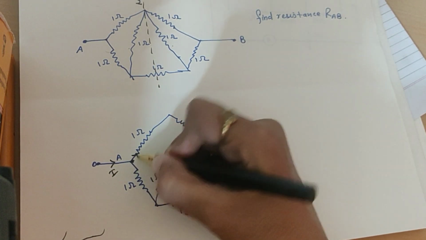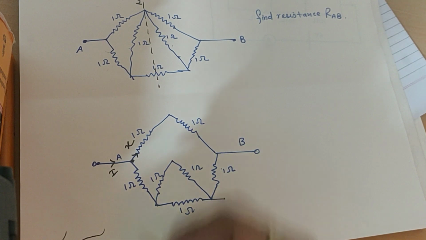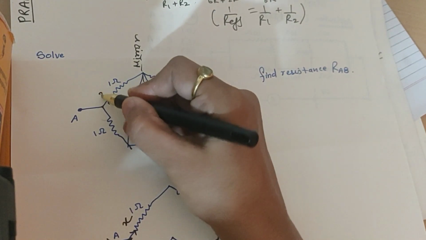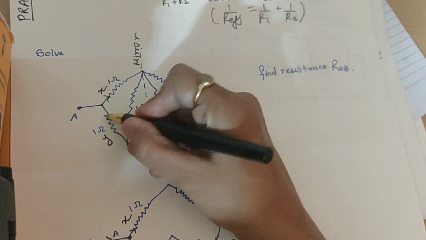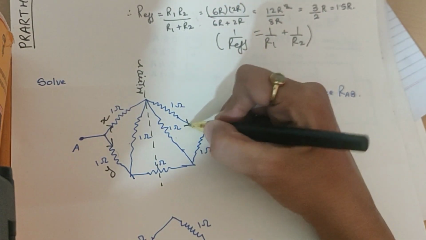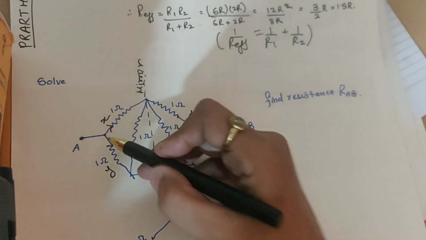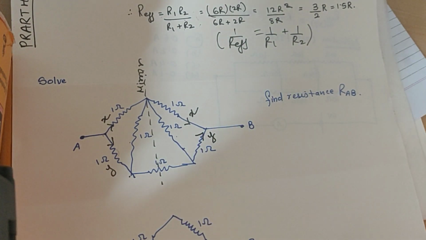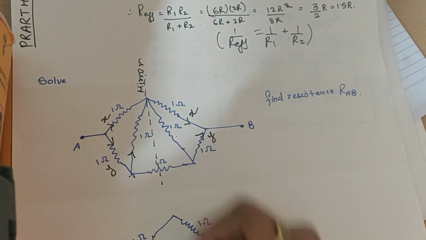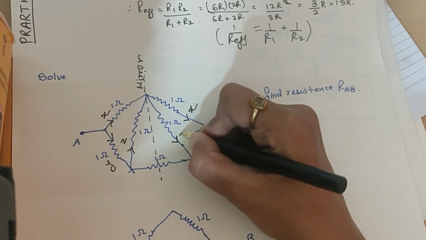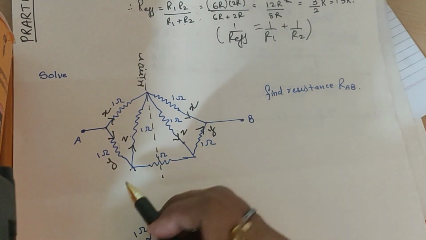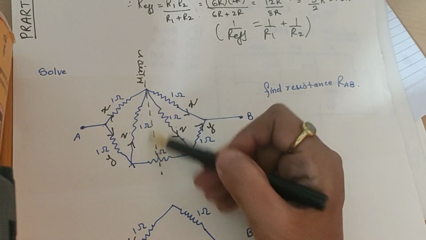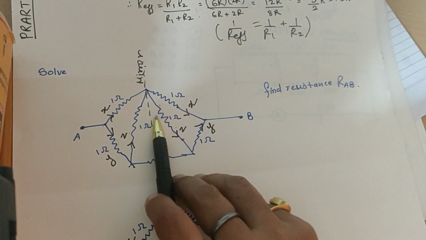Now in this branch, suppose X current flows here and Y current flows here. Since the mirror is here, when X current flows here and Y current flows from this part, X comes out from this part. When Y comes from this branch, that means Y goes from this branch like this. And there is a distribution of current over here. Suppose it is Z. So definitely Z will come from this part. What do you mean by this? It means there is no flow of current in this branch. That means this branch has been shorted.